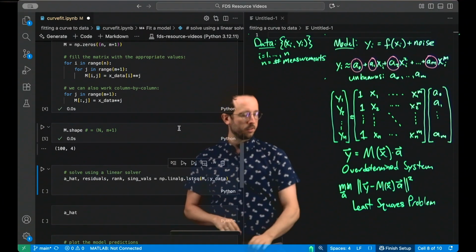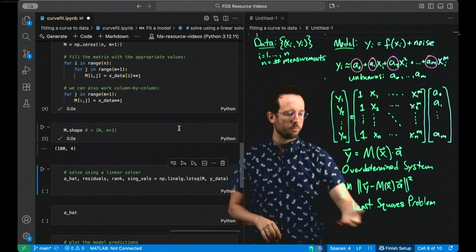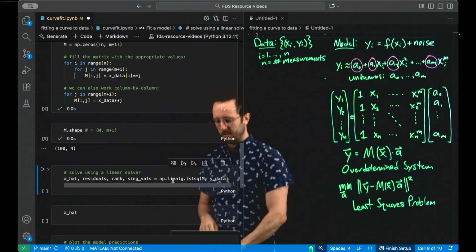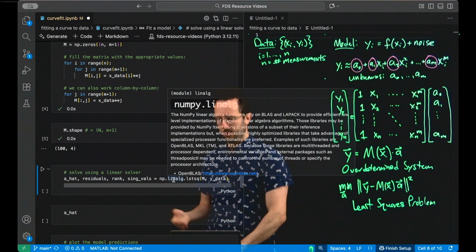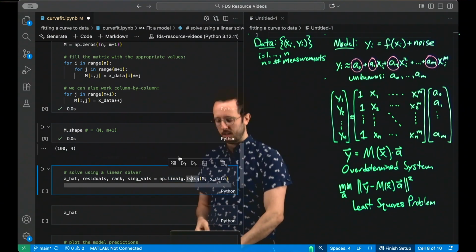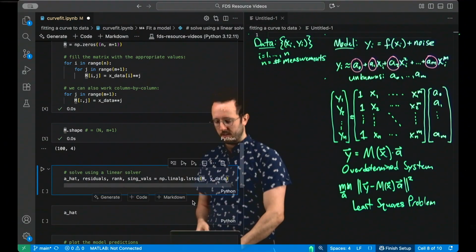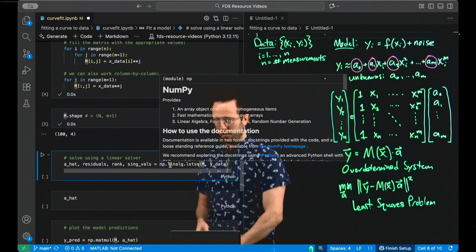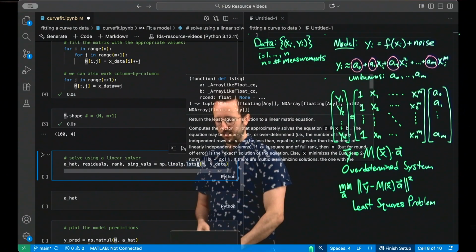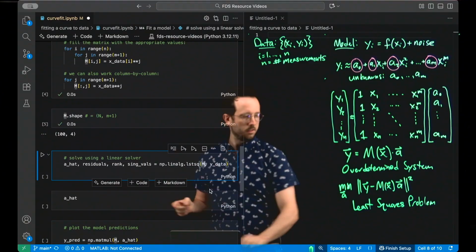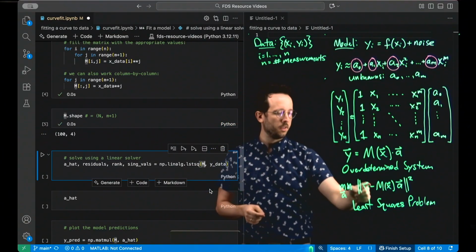And now, all that's left to do is solve this least squares problem. As I mentioned before, NumPy, within its linalg linear algebra package, has a least squares routine, and all that's necessary to solve it is to call numpy.linalg.lstsq, so least squares, and you need to give it the matrix M and the Y data.